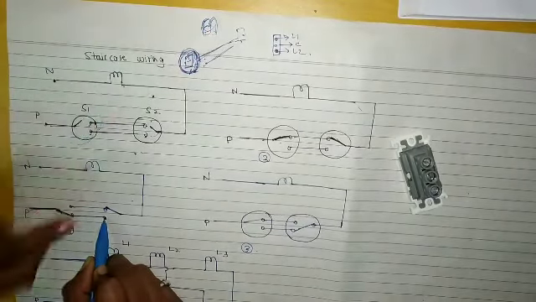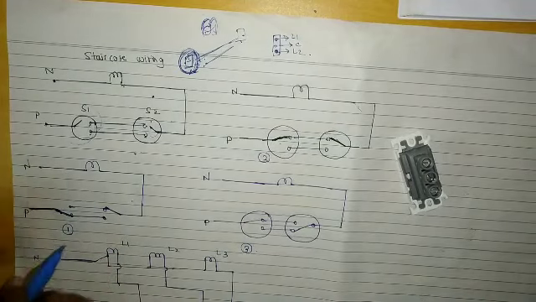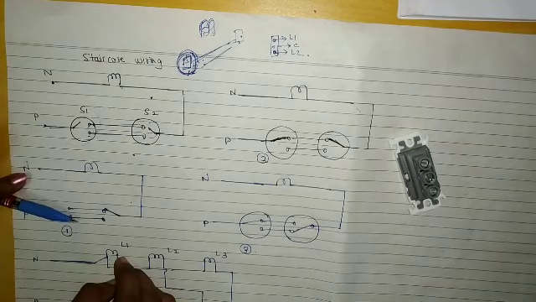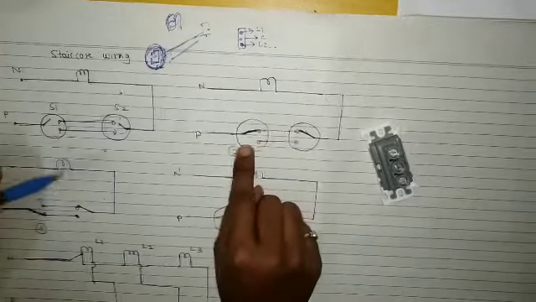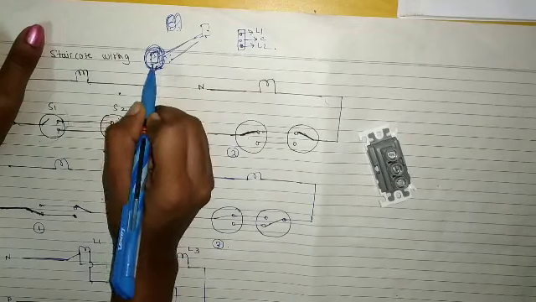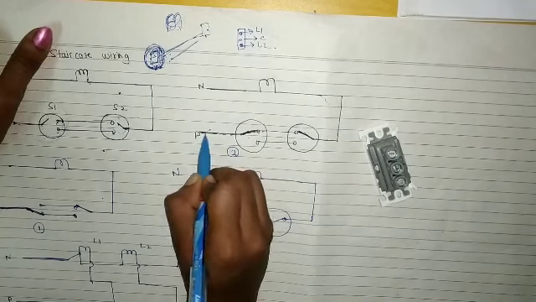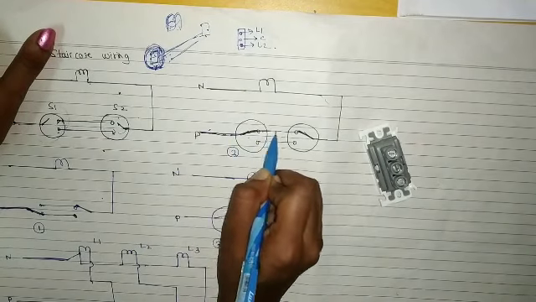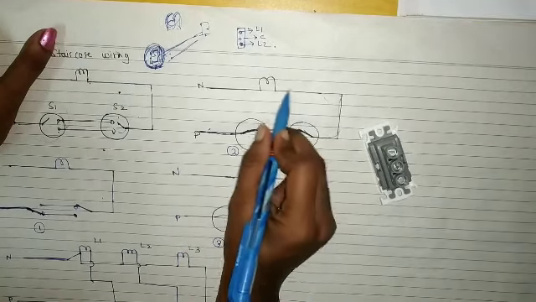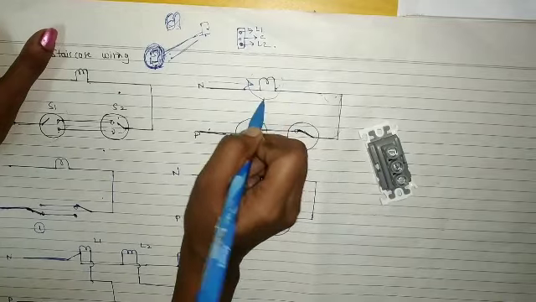So now I have to turn on this switch. Whenever I turn on this switch position, this will come like this, right? This is the position right now. This will come like this. That means it will go in this position, right? So now whenever I am standing here and whenever I turn on this switch, then what will happen? This is the phase. So the current will come. So current will flow from this, and now it will flow because the circuit is completed, right? So it will go to this bulb. So it is getting phase also, it is getting neutral also. So this bulb will glow.